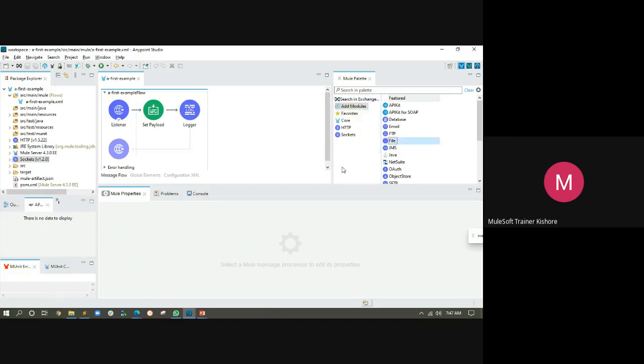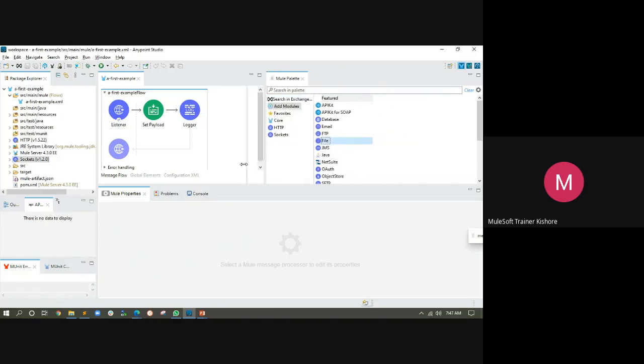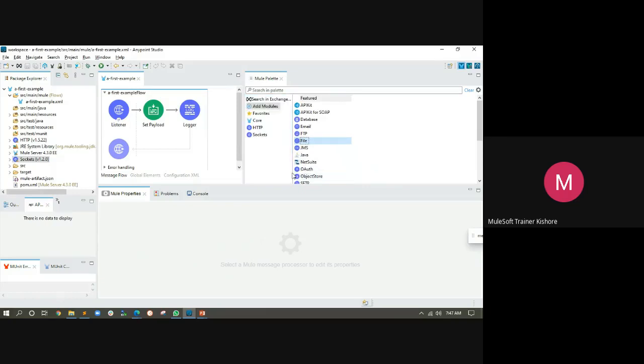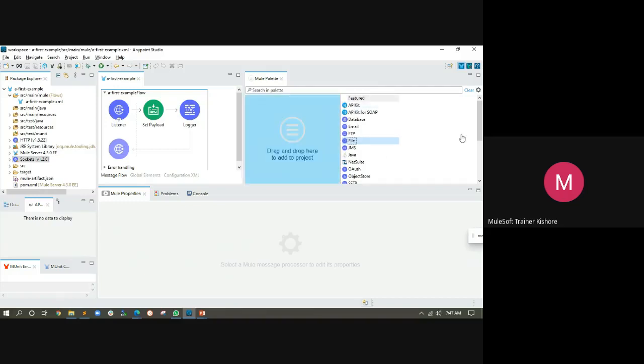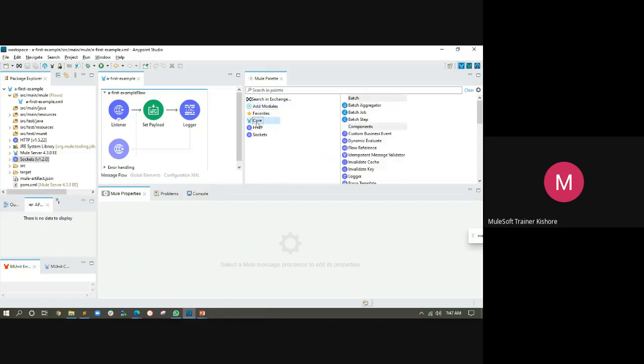So here you can see, I will maximize this. I'm not getting this cursor properly. Yes, now I got it. See here, when you click on add module, when you are in core and when you move here, you will see all these things. Until you are in this small box, you will see nothing.